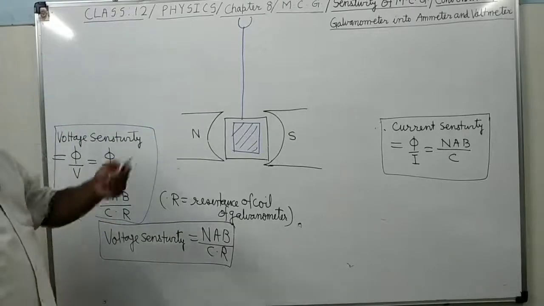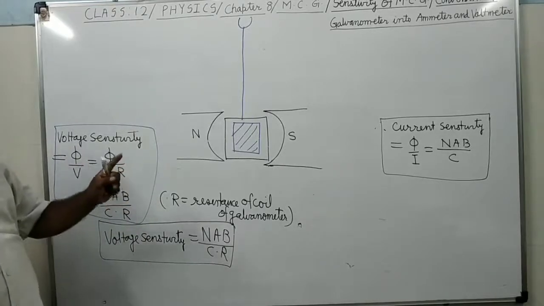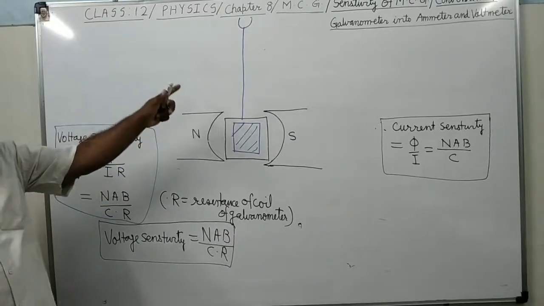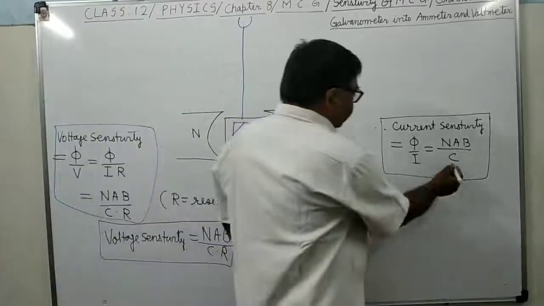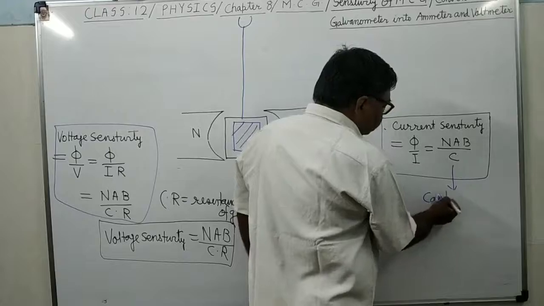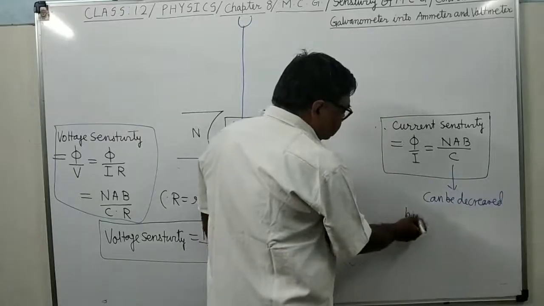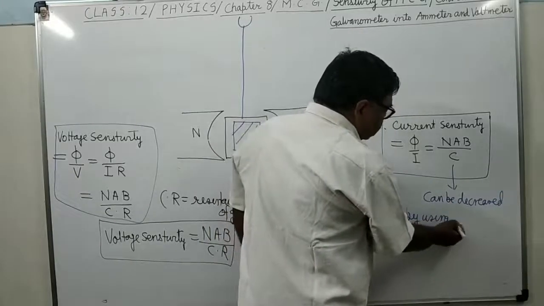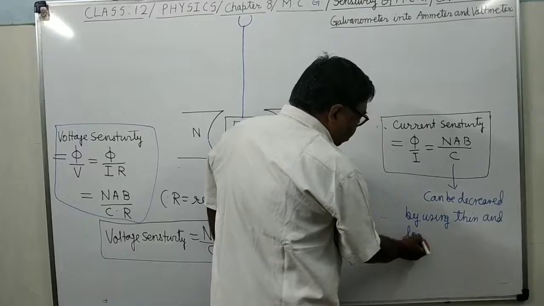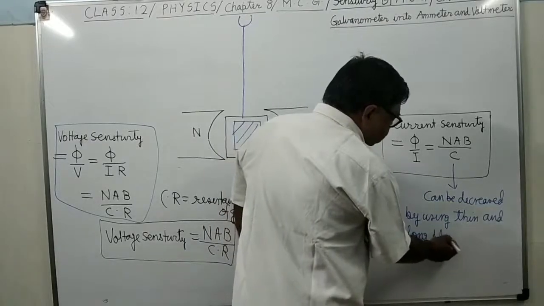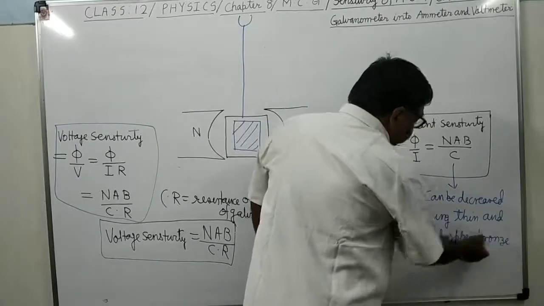Is it clear? C, the torsional constant of the spring, can be decreased by using a thin and long phosphor bronze strip. Is it clear? I am writing here: C can be decreased by using a thin and long phosphor bronze strip,